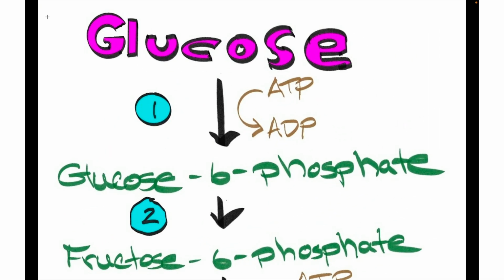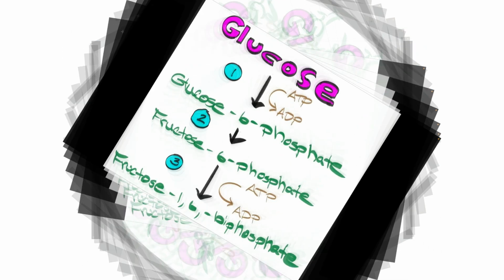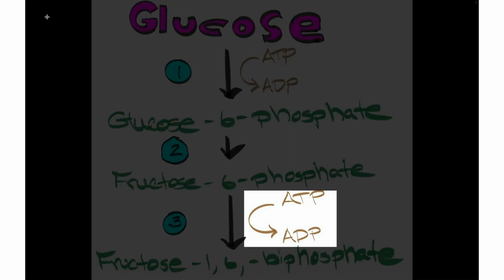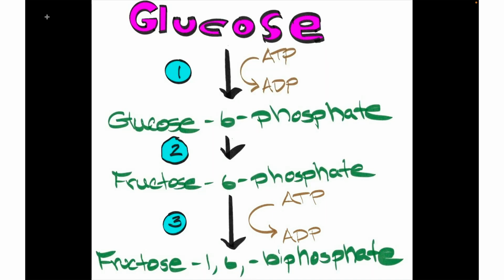The second step just changes forms. It's an isomer of glucose 6-phosphate, changing glucose 6-phosphate into fructose 6-phosphate. And then step 3, we see ATP being used again. ATP is broken down to liberate the phosphate to add it to fructose 6-phosphate, converting fructose 6-phosphate into fructose